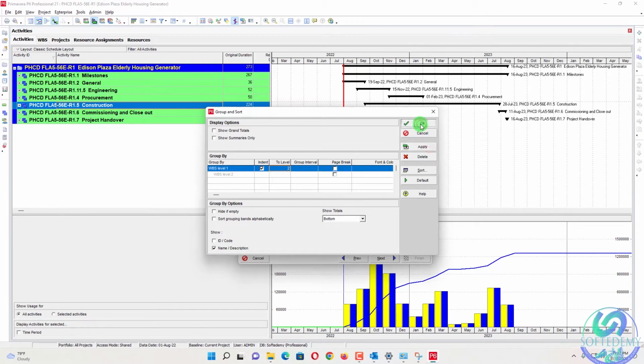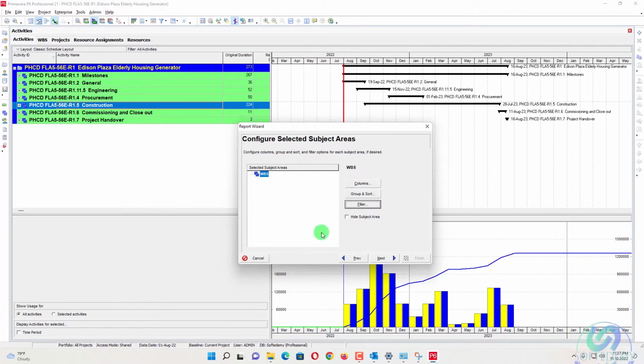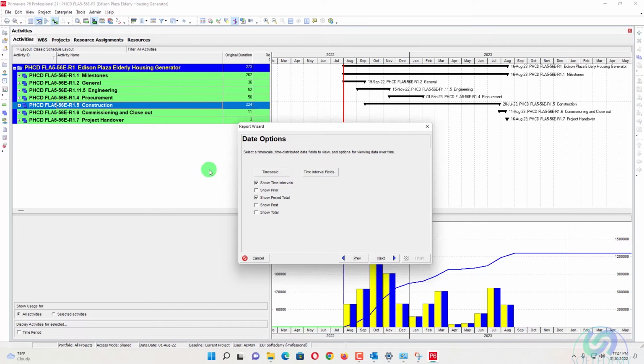I will press apply, OK. Then I will go on the filter. There is no need to apply any filter because I need all these WBS at this level 2. And now at this stage of